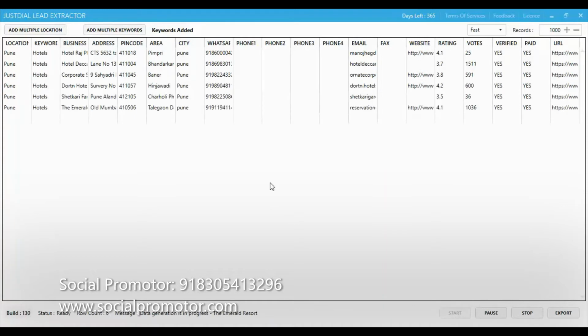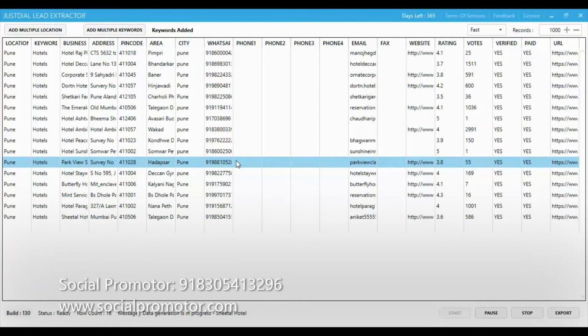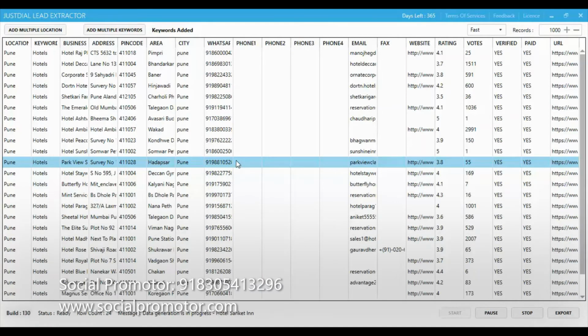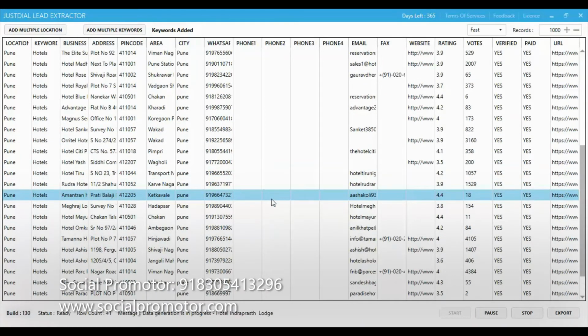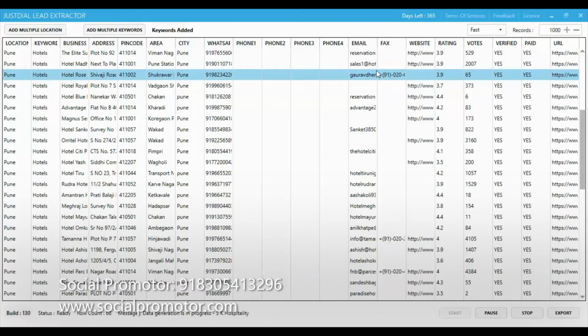So the data for hotels in Pune has started extraction. In this software, we will be getting mobile numbers, email ID and website.